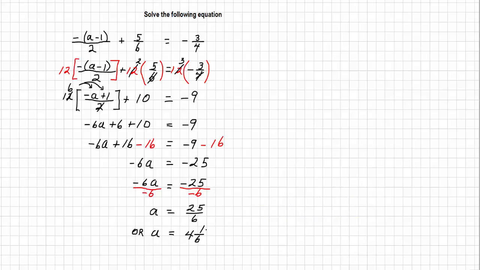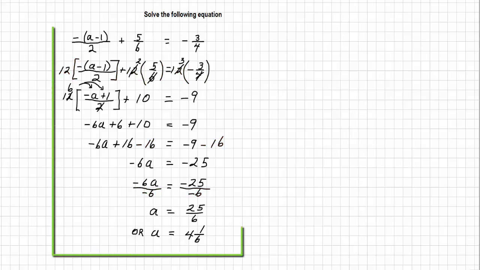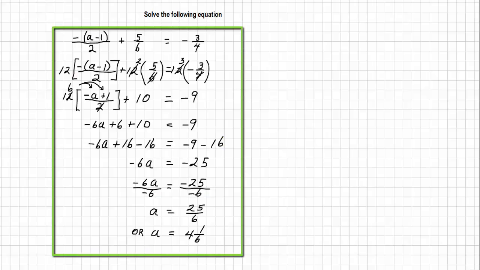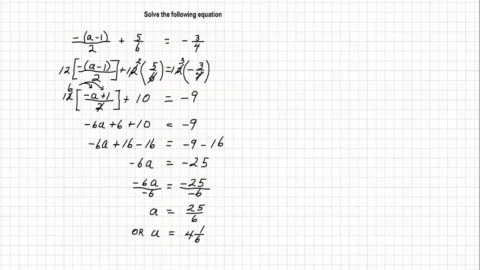You divide 6 into 25 4 times with 1 left over, so it's 4 and 1/6. I have taken out all the red marks to show you what your solution should look like. All of the equal signs are one above the other, and the solution is presented in a way that's very easy to follow. Before we move on to another example, I want to show you a slightly different way